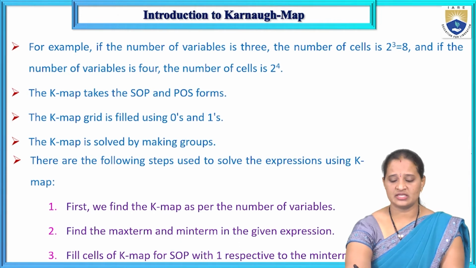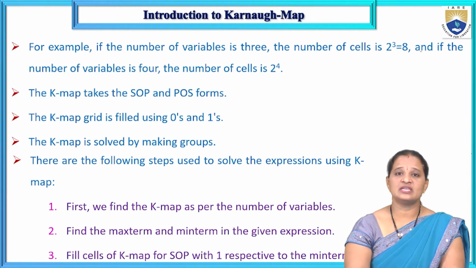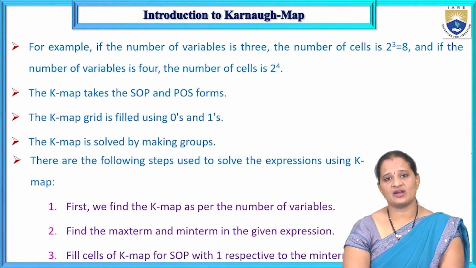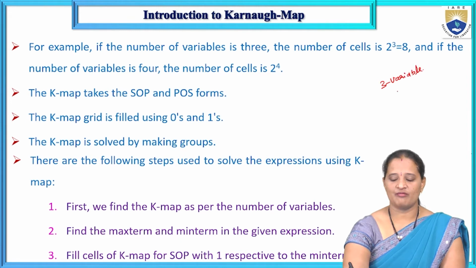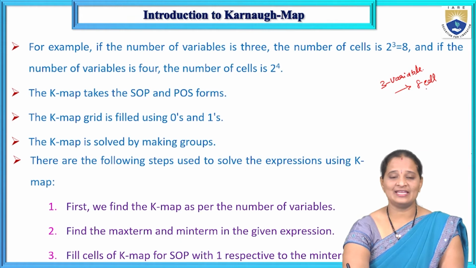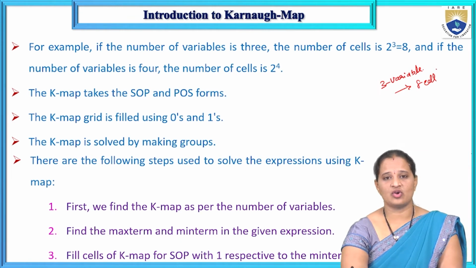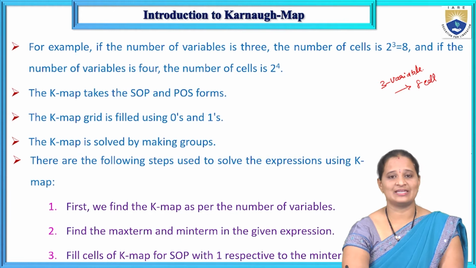If we have 3 inputs, then 2 power 3. So such a function can be simplified using a 3 variable K-map, where we'll have 8 cells, and each cell represents one of the 2 power 3, that is 8,